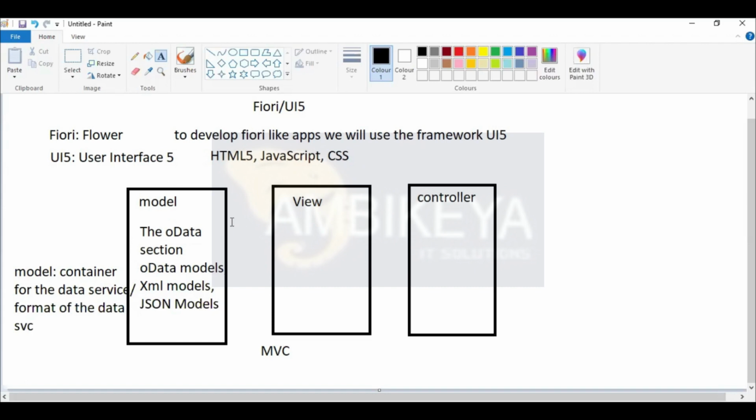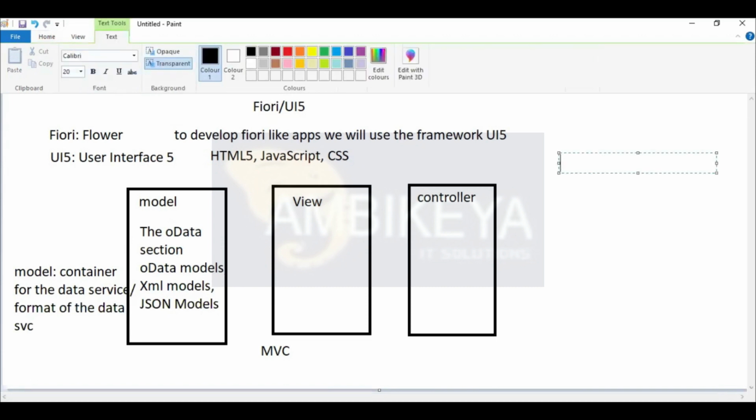So we need our own hard-coded data there. And not only in that case, but in many cases we will see that the format in which we are getting the OData service from the backend is not sufficient for our app. For developing our app, we need to manipulate that format. Like if we have an OData service for employee set, suppose employee set,